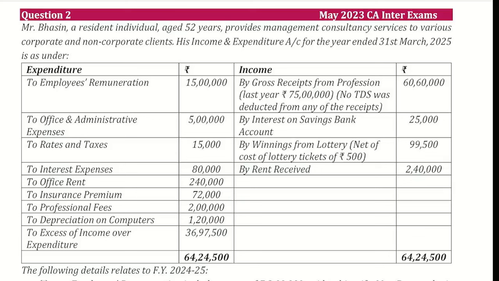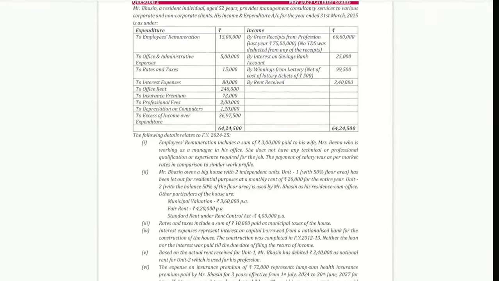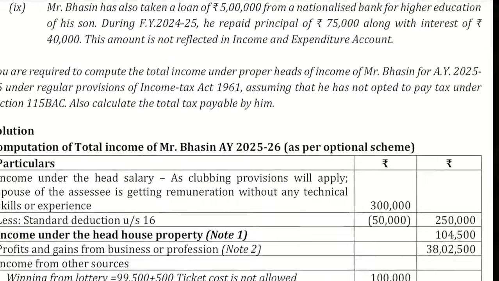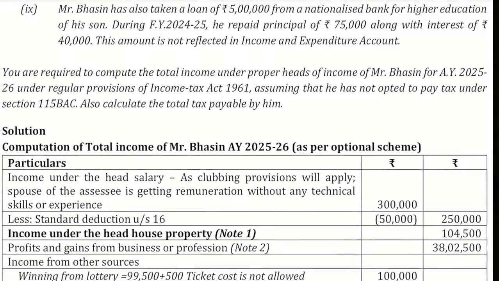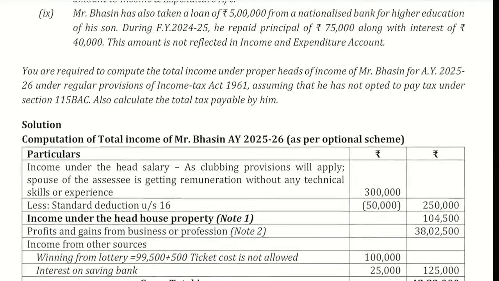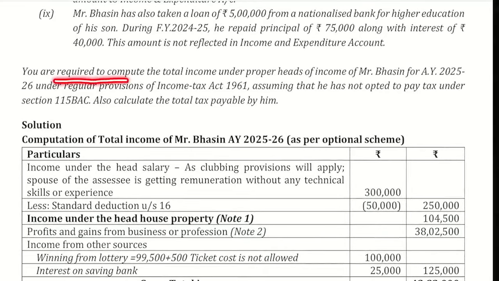This question says, Mr. Basim, a resident individual age 52 years, provides management consultancy services. Still, what I should do is first look at what is asked from us. So you look at it at last. You will find it is asked from us, you are required to compute the total income